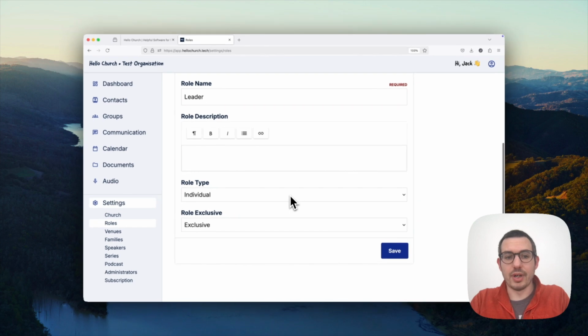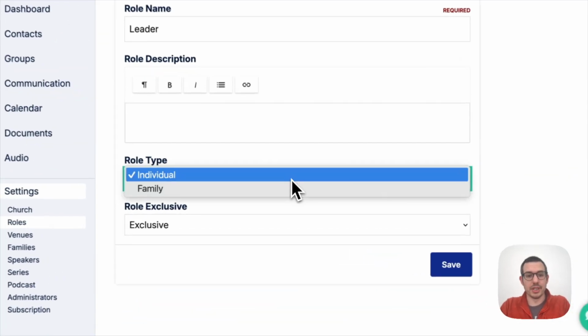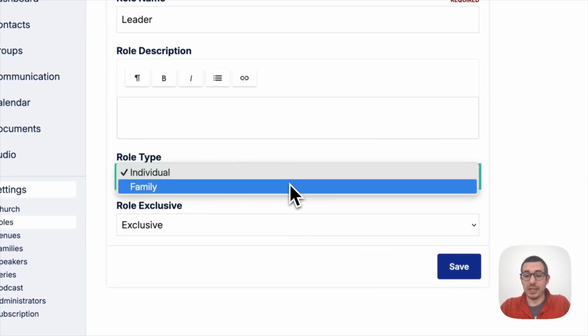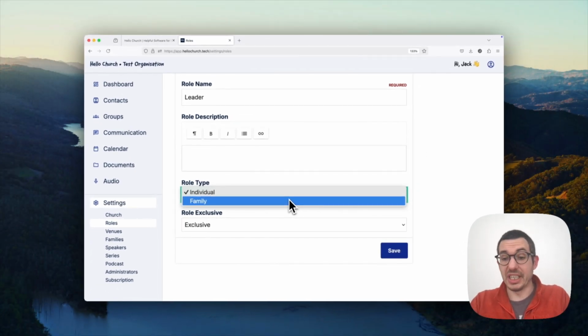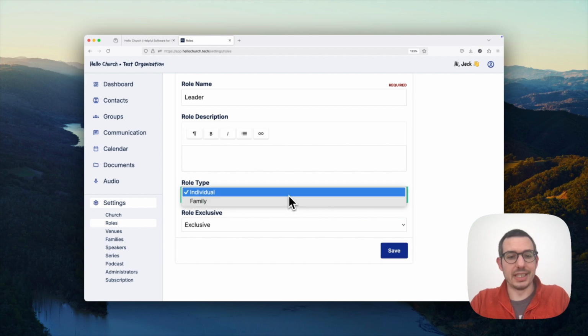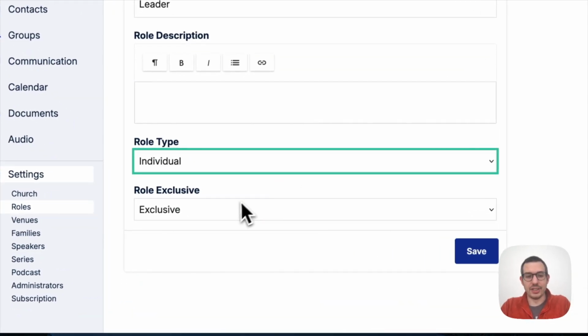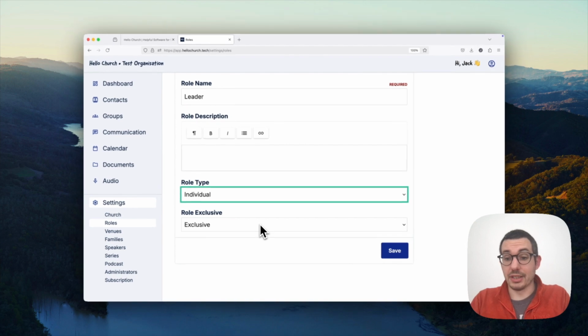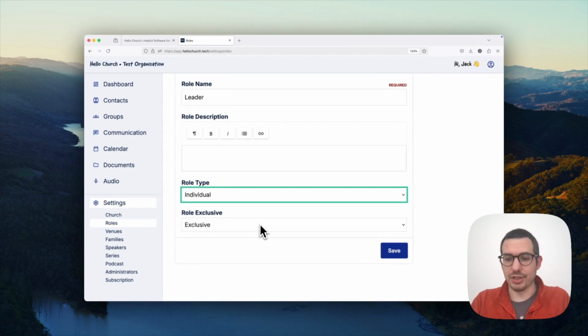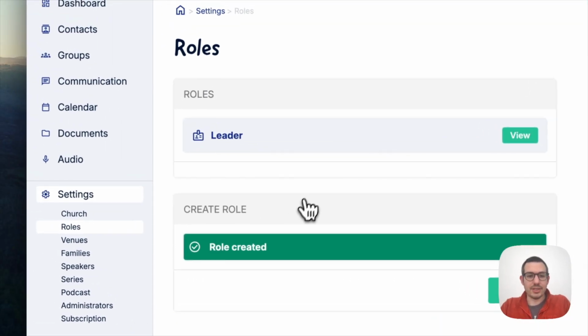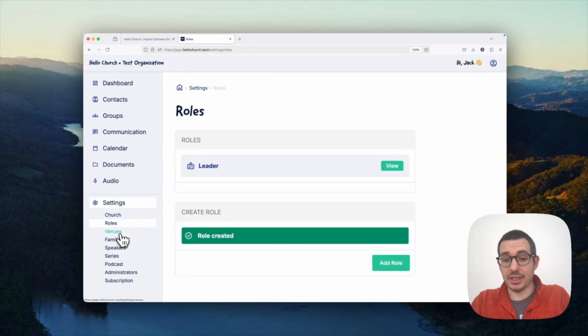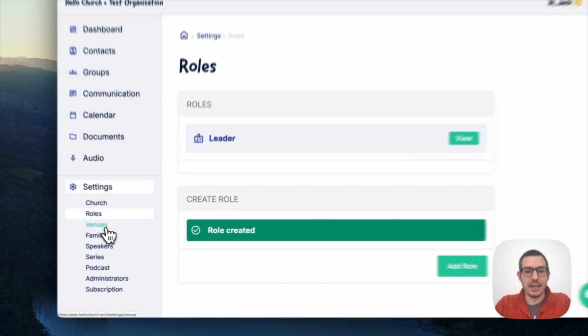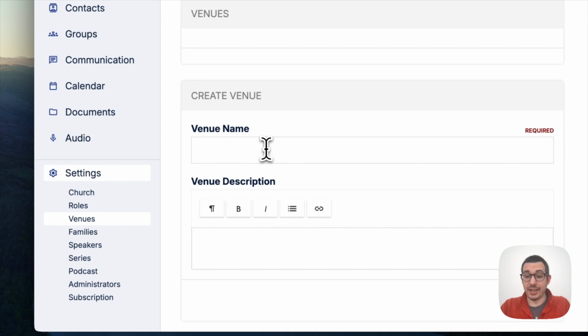I can define the role as either something that an individual does, or it can be a family role. So you might have welcoming or tea and coffee as a kind of family-based role that a family will do together. But in this instance, I'm going to set it as individual, and I'm also going to set it as an exclusive role. So someone assigned to this role can't be assigned anything else within the same event. So I'll save that, and then the next option within Settings is Venues,